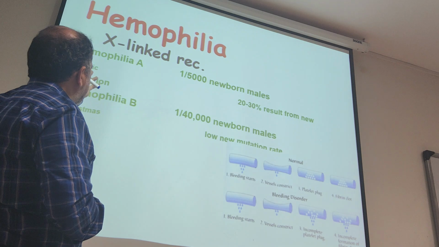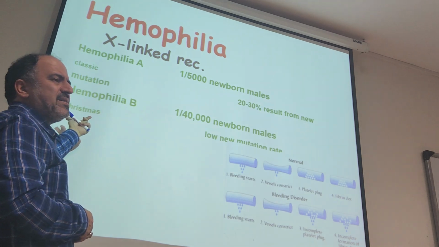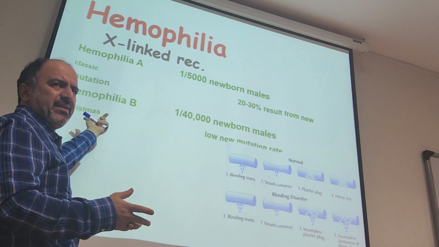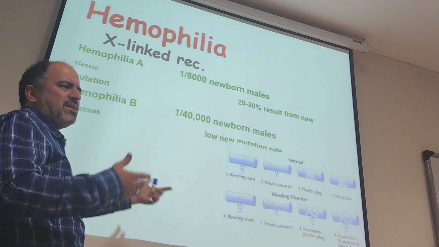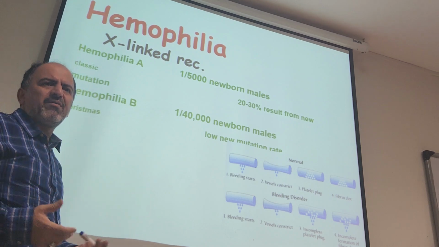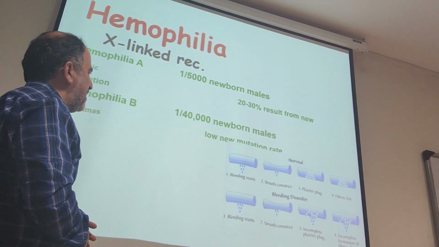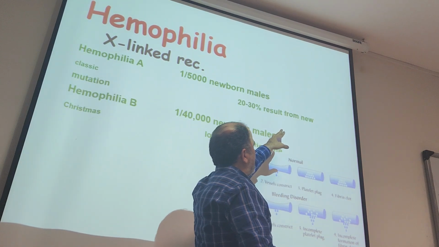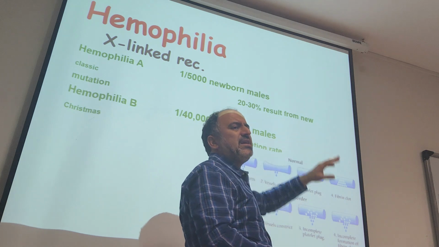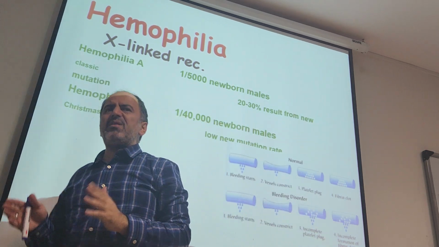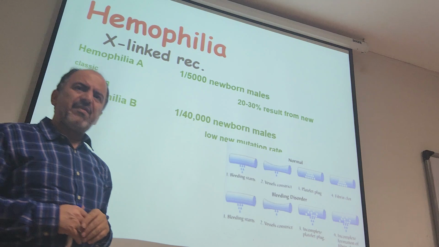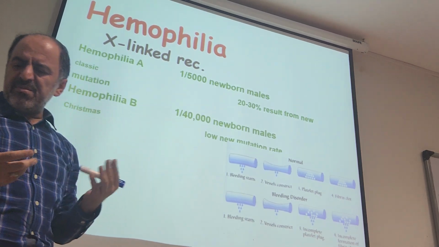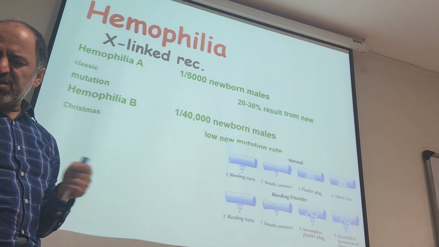Interestingly, hemophilia A is the classic, hemophilia B is Christmas disease. It means in the time of Christmas they forgot to give the factor, and they will go for bleeding. It's usual in the Christmas time, same as it is usual in the Nowruz time of Iran, if the mother and father forget to give the factor to the baby. 30% of hemophilia A is a new mutation, de novo mutation. Father is fine, mother is fine, the baby has it for the first time. 1 in 30 is due to that, but in hemophilia B it is not common to have it as a kind of